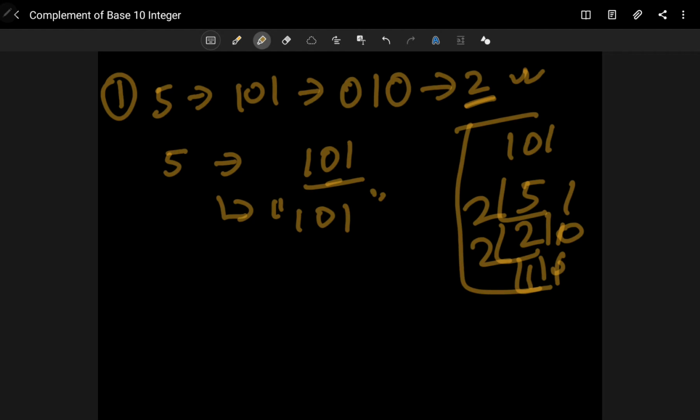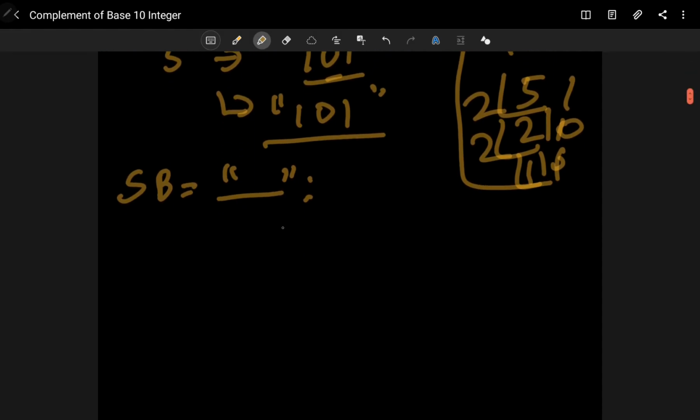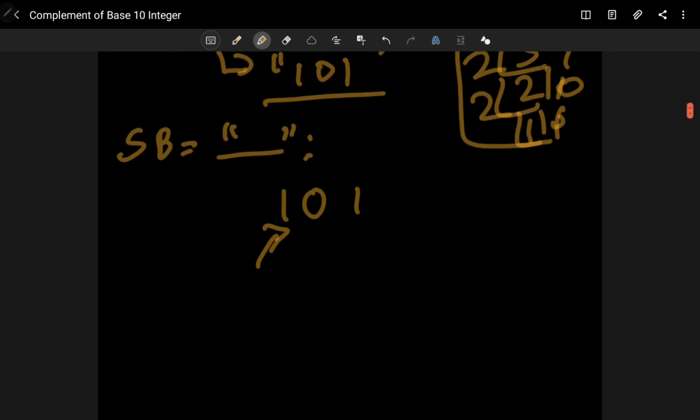So what we will do, we will convert this 5 to a binary string. After that I will take one StringBuilder, since in Java the string is immutable. Initially I will initialize it as blank, then I will iterate through this binary string. I will pick the first number, then I will flip that.